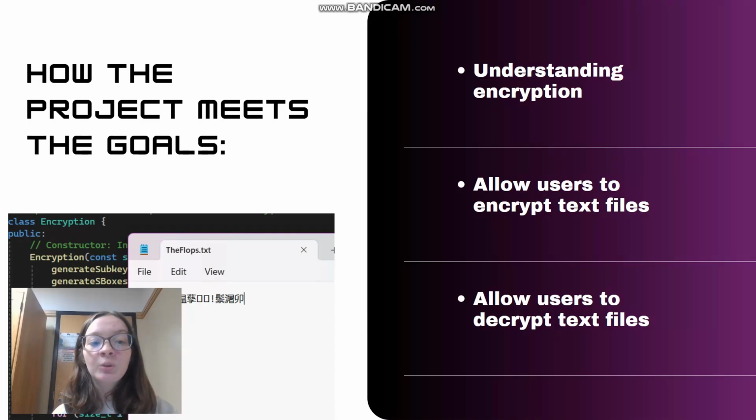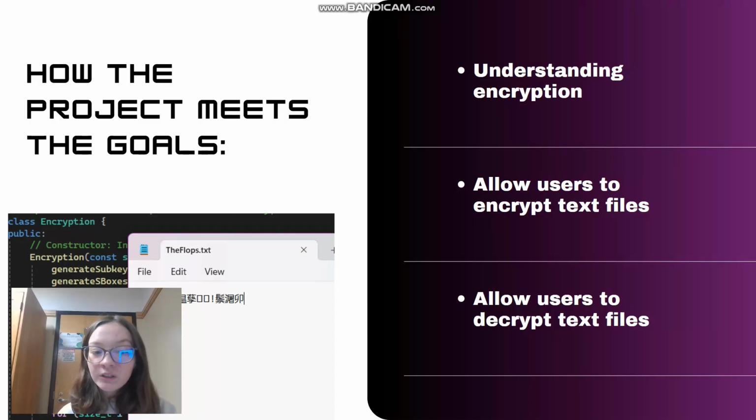My second goal was to allow users to encrypt a text file, which this program accomplished by breaking the plain text into 64-bit blocks, and for each 64-bit block, splitting that into 32-bit halves, and doing 16 rounds of the encryption, where it will do exclusive OR on each of the halves, using the round subkey, and also doing left and right binary shifts, and then recombining all of the 32-bit halves into one.